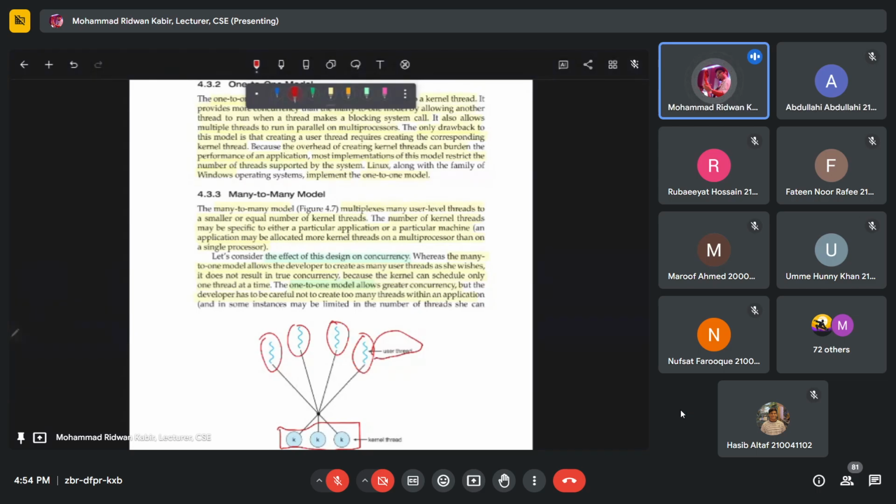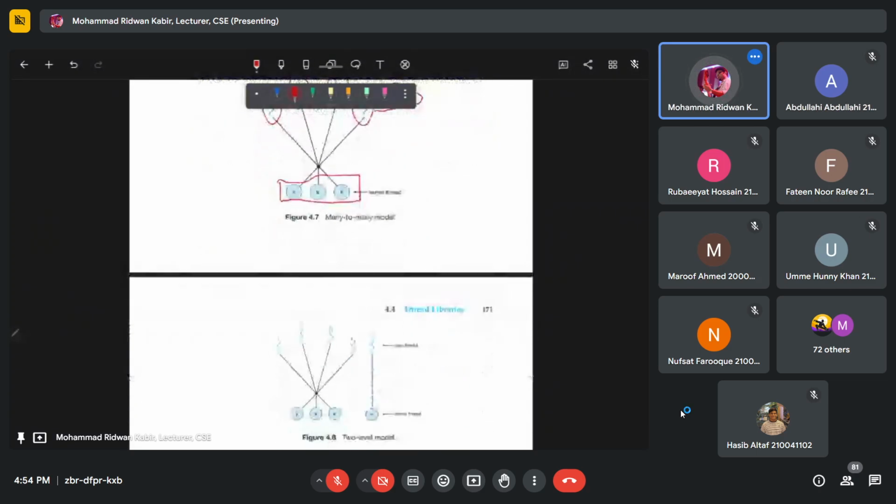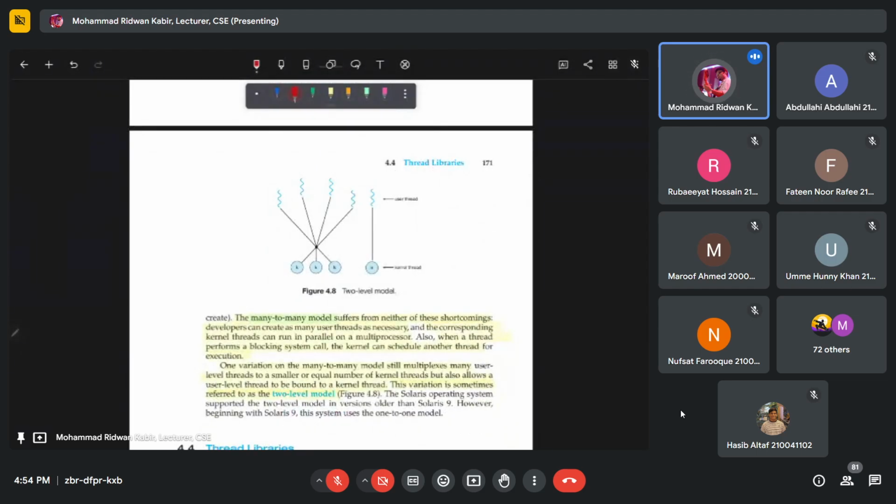And in some cases, the system can put a maximum limit beyond which you cannot increase the number of threads in any multi-threaded system. Okay, but in case of the many-to-many model, the shortcomings are overcome, and the developers can create as many user threads as necessary,